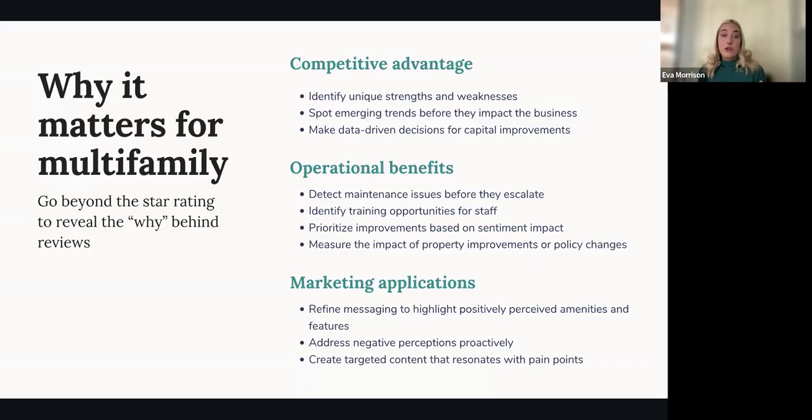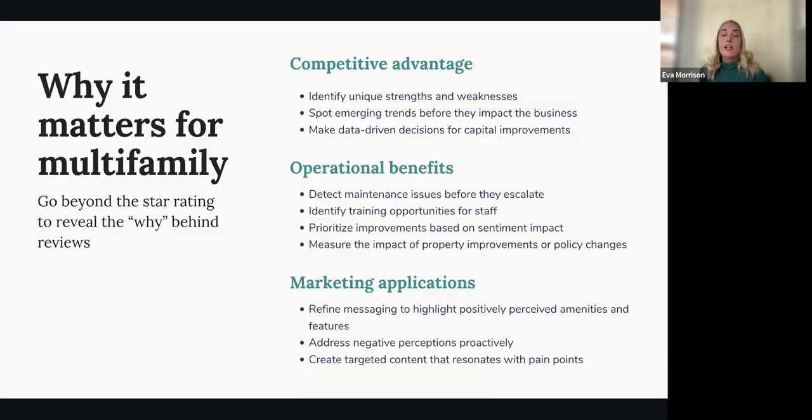So now we're not just responding to these negative reviews as they happen, but we're understanding why either negative or positive reviews are being left. And that's helping us leverage the positive things to really streamline our leasing process, to make our marketing really effective, and get out ahead of the negative sentiment areas way before they ever lead to that negative review bomb.